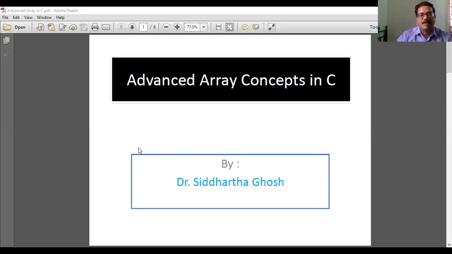So once again, good morning all. For today's session, we'll be discussing another interesting topic. And let's see what it is. Here it comes. Though it's written as advanced array concepts in C, it's not that kind of advanced. I'll be telling it from an idea point of view. It is what you can call advanced, and hence you'll be enjoying this session.